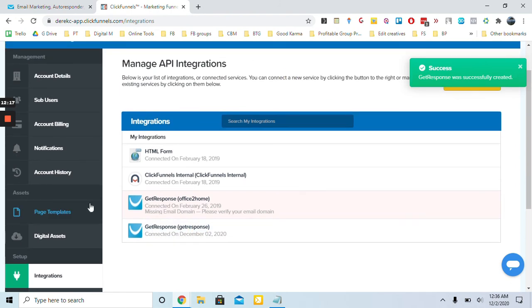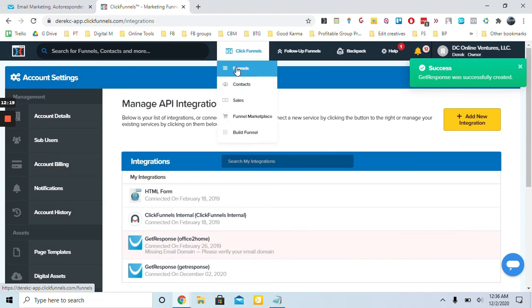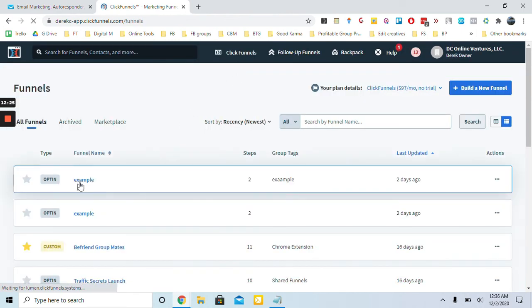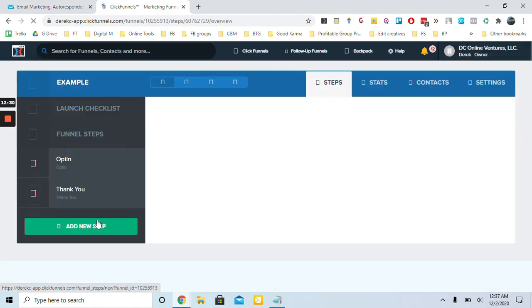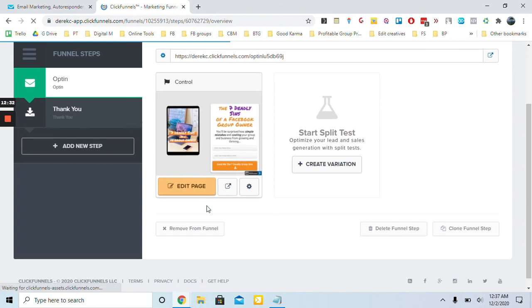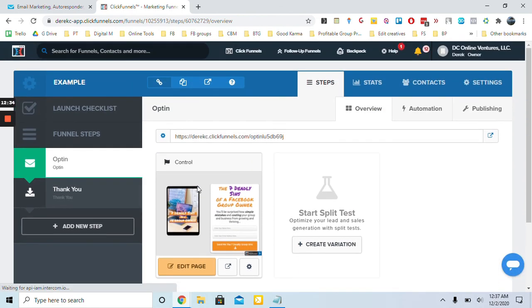You should see that. And that way, when you're creating your funnels, let's go to the funnels now. Let's see, an example here. So this is my two-step funnel where I have the opt-in. I want to collect people's emails, and then there's a thank you page at the end, right? If I click edit here,